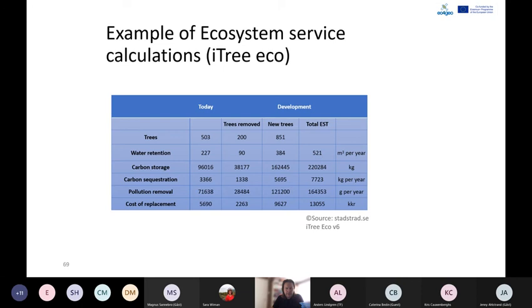So this is just an example of how we can use the i-Tree Eco algorithms in our application to look at, for example, water retention, that today is 227 cubic meters per year, and if this plan is fulfilled, it will end up in a doubling of that to 521 cubic meters. And the carbon storage, in this case in kilos, might be better to have it in tons,